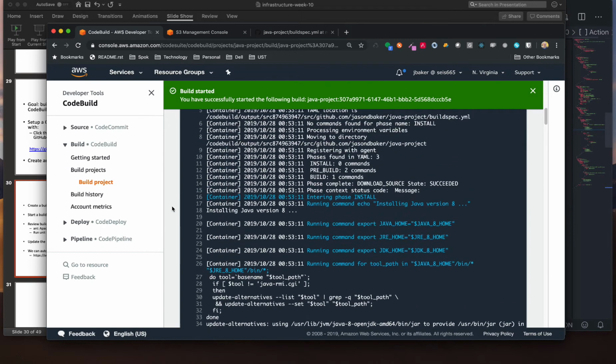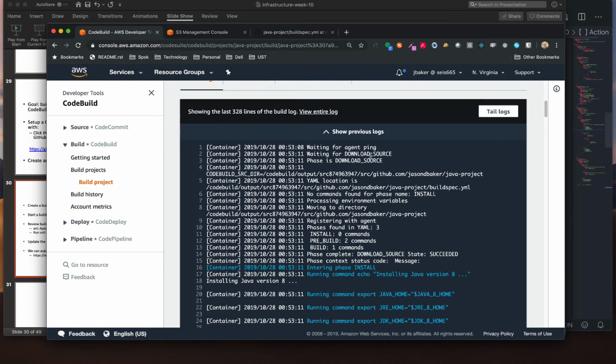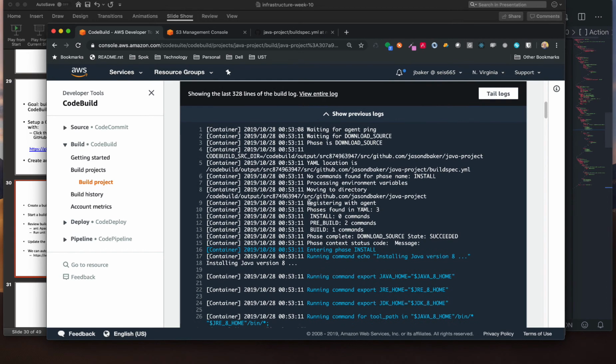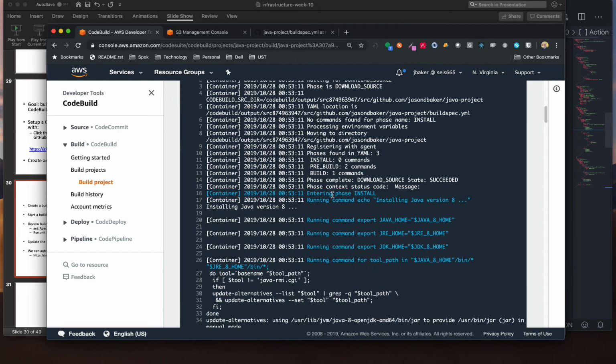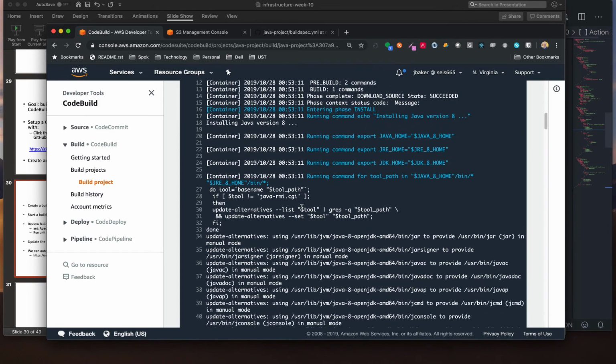So it started the build process, and you can see it's actually launching a build environment. It's installing Java in the application environment. Remember, I specified a runtime environment application framework to install, which is the OpenJDK 8 version. So that was the first thing that was done. So that was installed in the environment. I keep scrolling down,